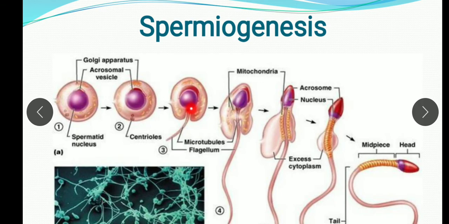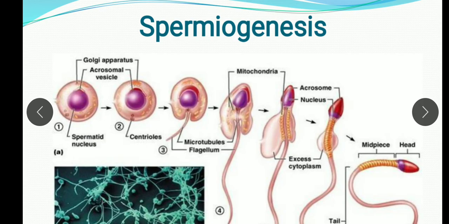in the middle piece, and then the centriole also divides. Each cell contains the centriole also. The mitochondria form the middle piece, and the centriole divides into 2 parts, forming a proximal and a distal centriole. The proximal centriole further develops in this portion, and the distal is just before the neck region. I will show you the position of this in the next diagram.